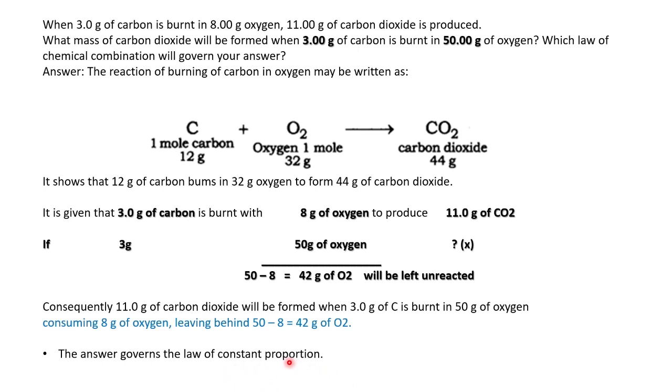So we may have a much larger quantity of food items, maybe puris or chapatis, whatever that is. But how much we can consume, our capacity decides. Our capacity fixes the limitation. In that same way, the 3 grams of carbon reacted with 8 grams of oxygen and produced 11 grams of carbon dioxide.